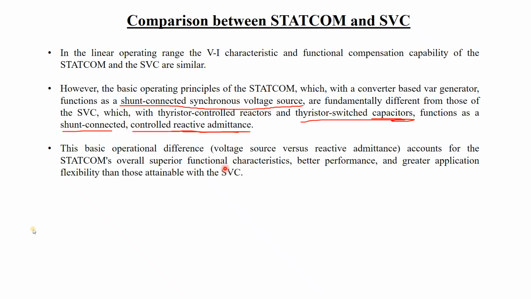Transient condition, I think all of you know. The transient condition means that when there is a sudden disturbance in the line, the system should be able to retain its stability. That is the stability of a system. So under transient conditions, meaning a sudden disturbance, STATCOM can perform better. Its performance is quite superior compared to the SVC.